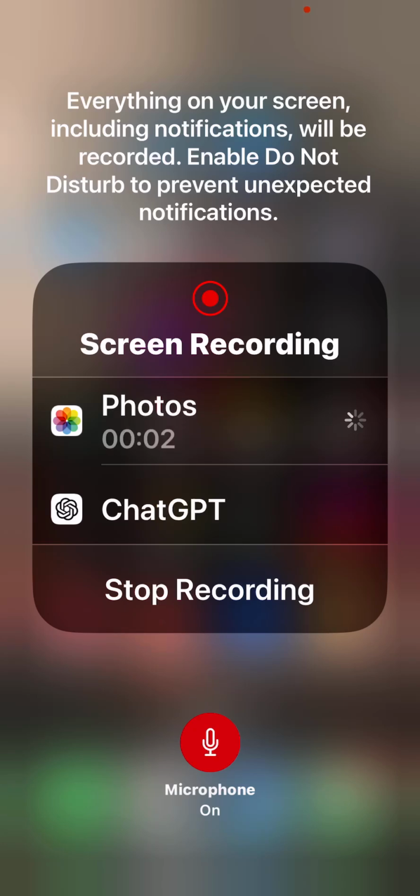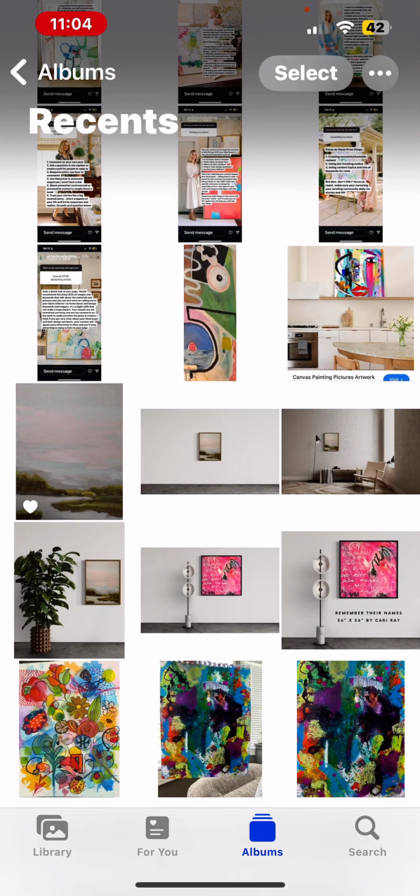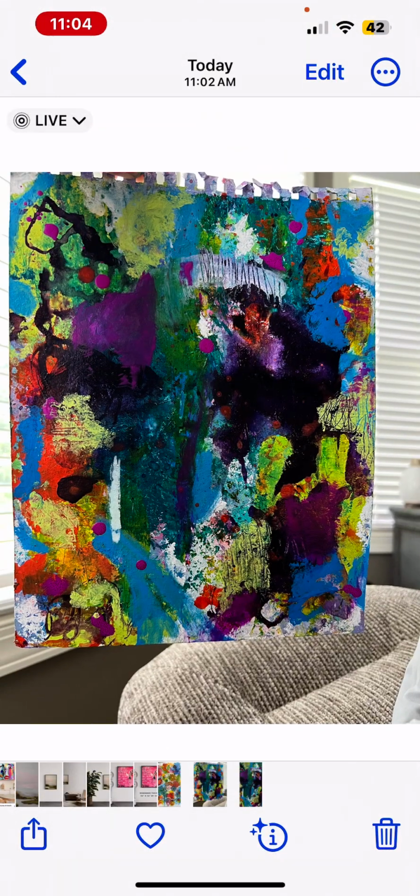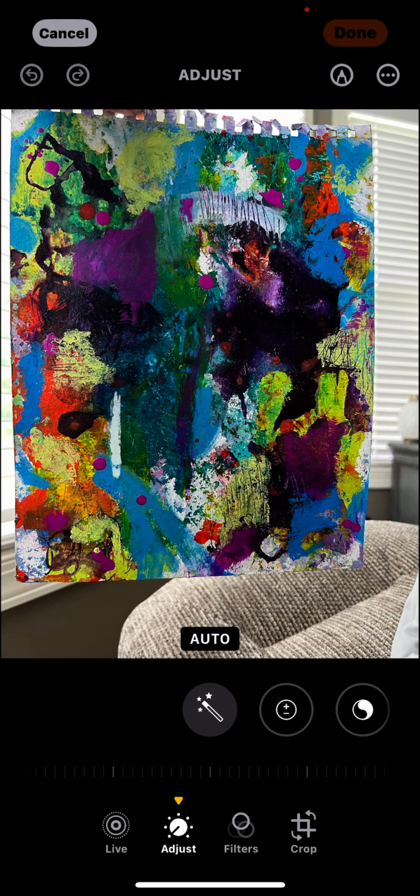Okay, hey y'all. I have a fun little tutorial for you today. I just did a painting last night that I don't necessarily love entirely on its own. So I'm going to show you how I can find compositions with my phone by just going to edit and